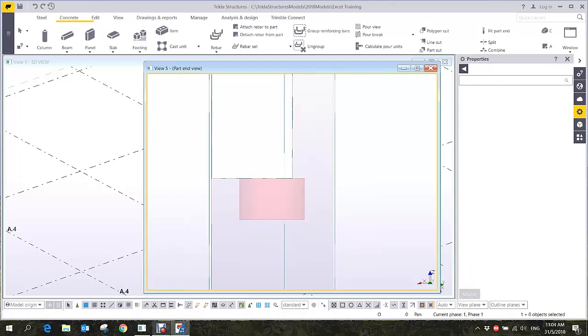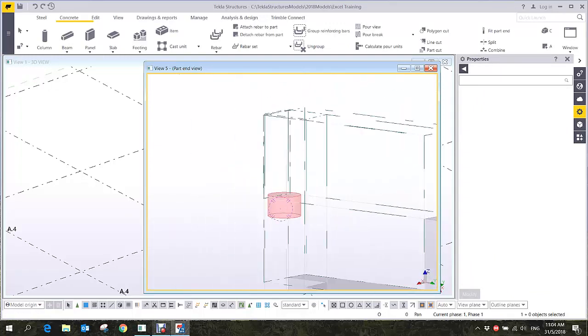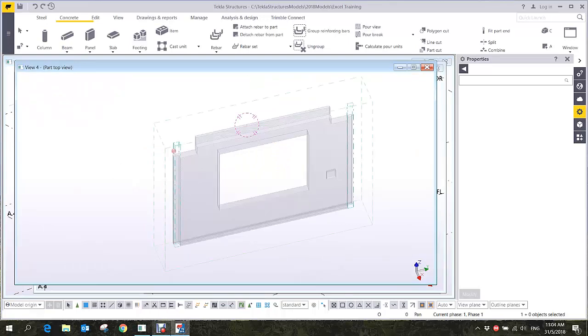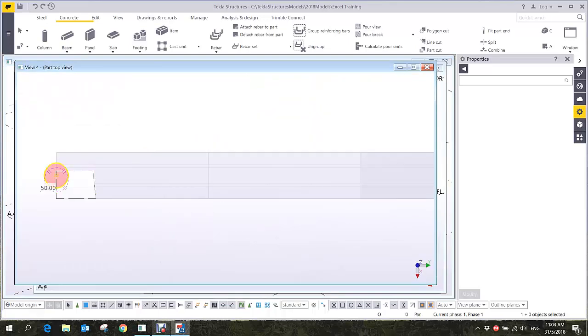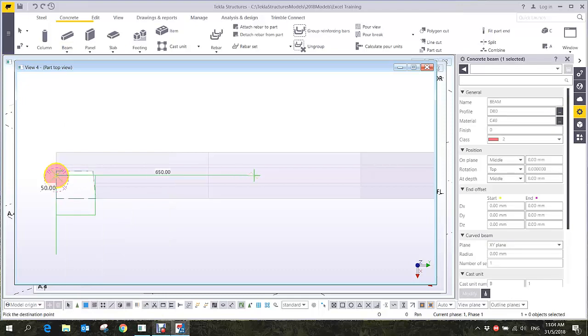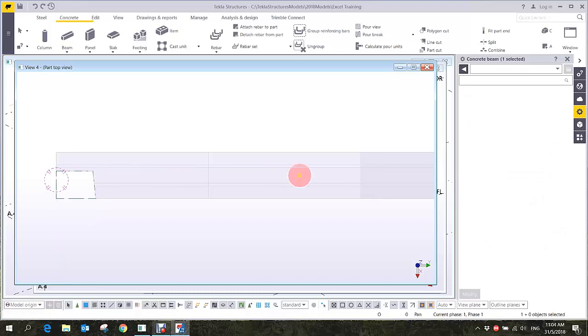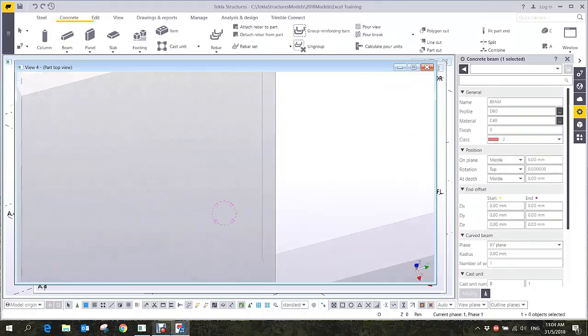Okay, because this one is not in the correct place, that's the reason why I need to have a top view or front view. So here I'm going to move this one 800, yeah, 800. Okay, and then just simply